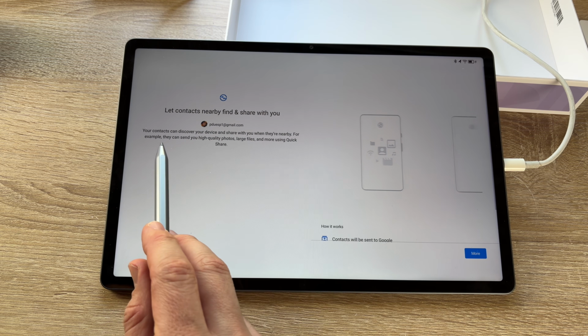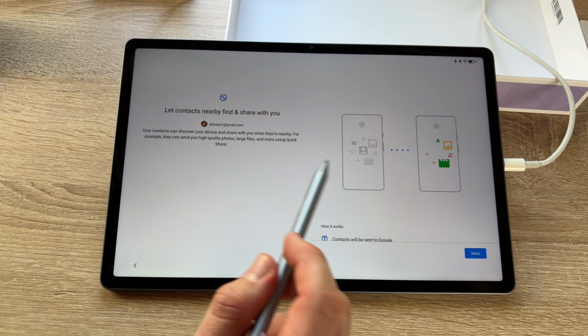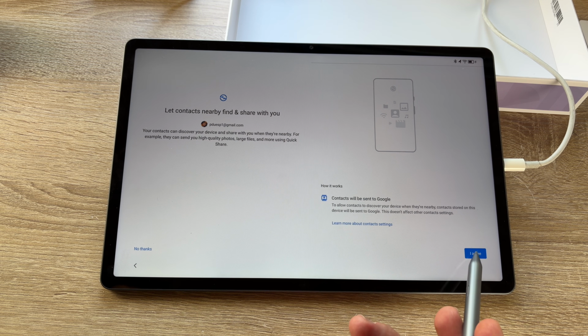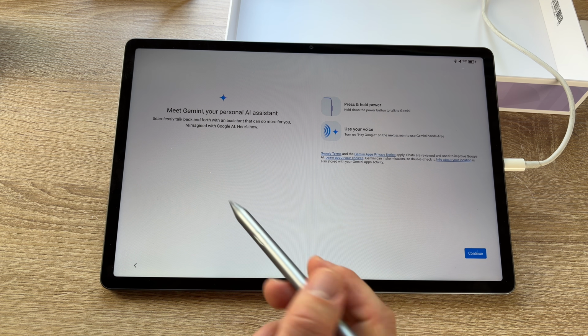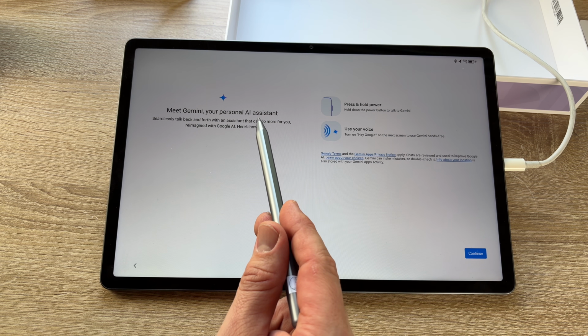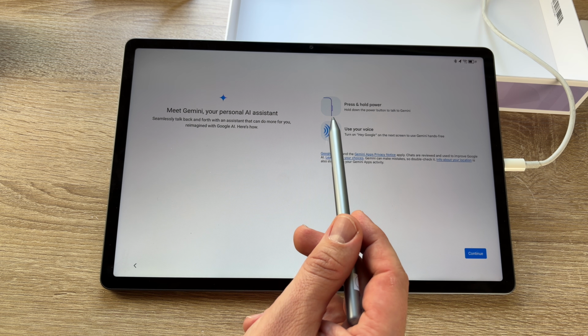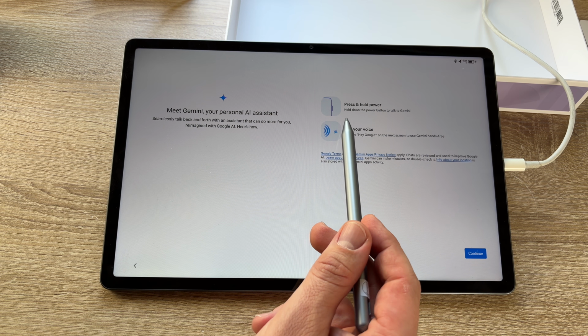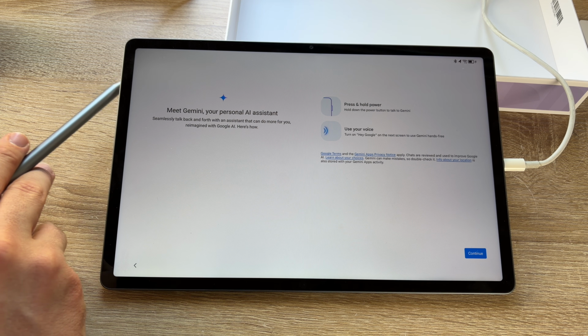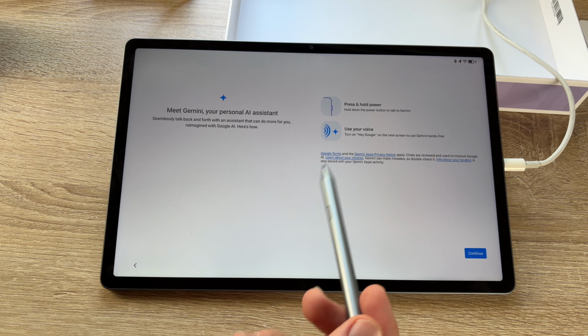Yeah, we can let contacts nearby find and share with us. If we need that, we can enable it, but we do not have to do that. We can say no thanks or agree. Then we can meet Gemini. This is a personal AI assistant. We get information about pressing and holding the power button. We hold the power button to talk to Gemini, or we can use our voice.